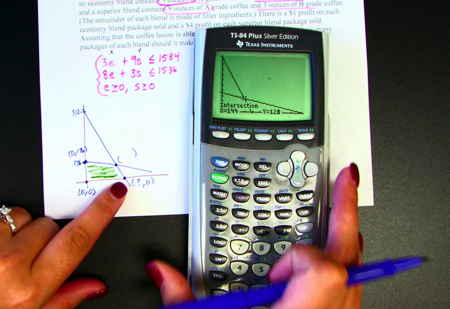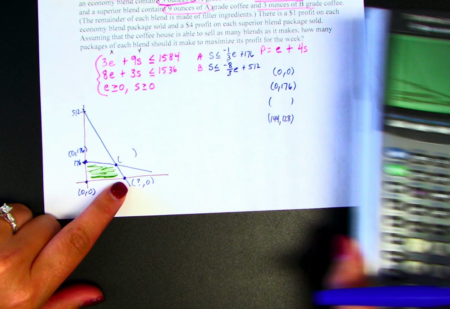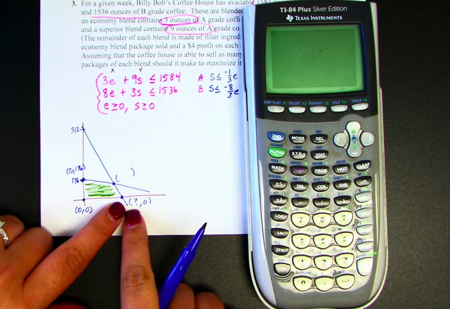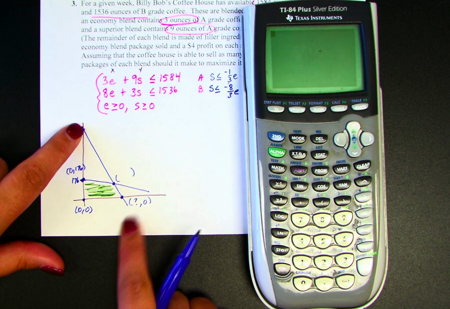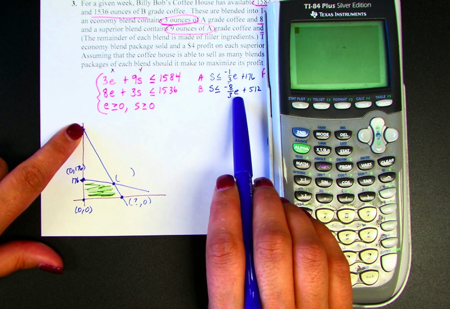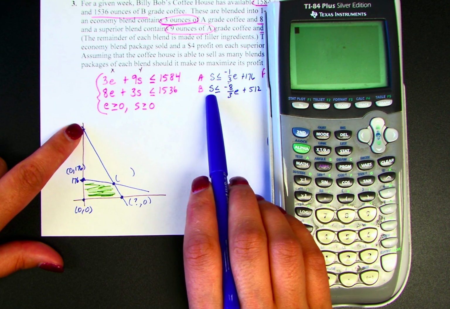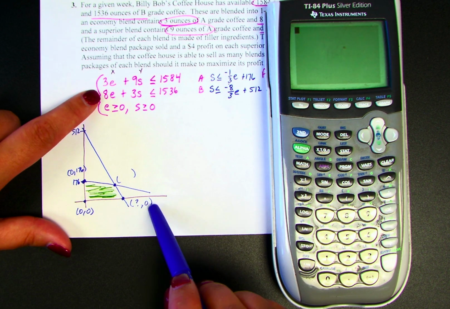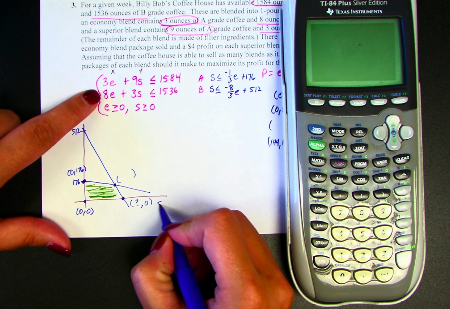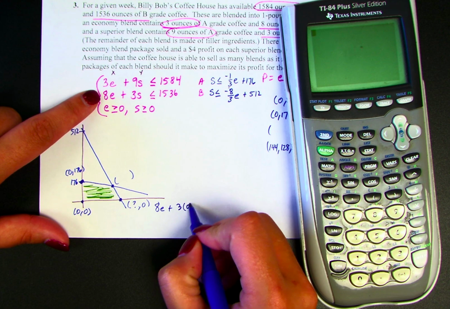And now we also need this one. To figure that out, we're going to use our calculator, but I'm going to go back to the home screen. So second mode to quit. We know that it's intersecting this line, which is coming from this equation right here. And we know that our y value is 0, or in this case, our s value is 0. So I'm going to go back to this version of it, and I'm just going to plug 0 into this spot. So I'm doing 8e plus 3 times 0 equals